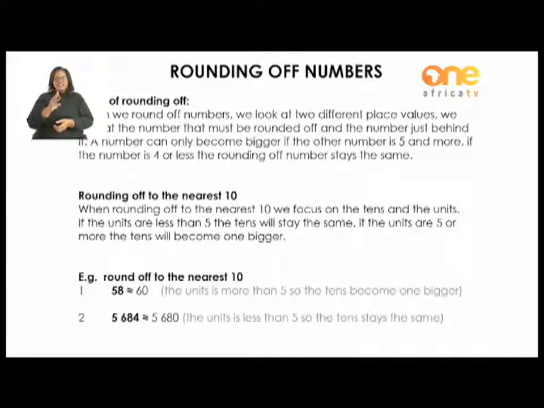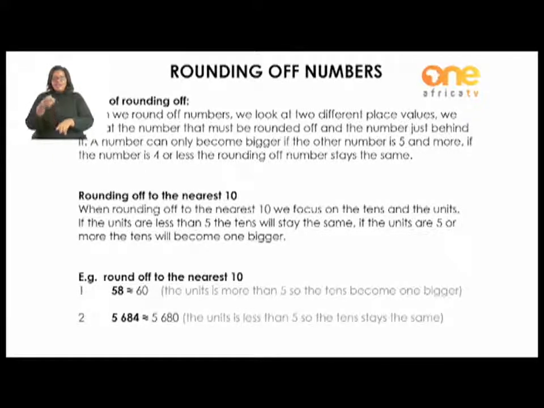5,684 rounded off to the nearest 10. We first need to find the number in the 10th place, that is the 8. So we will focus on the 8 and we will focus on the 4. Then we read in brackets, the unit is less than 5, so the 10 stays the same, meaning the unit cannot change the 8. So the 8 will stay the same, and